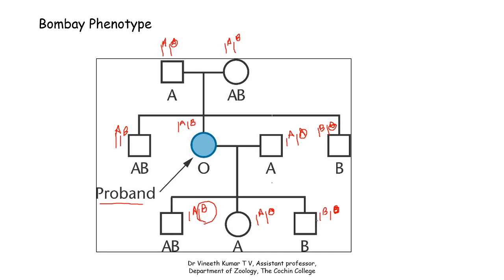Because she was typed with O blood group and her husband was typed with A blood group, which was heterozygous, how did a B allele come to the family? The question was whether she had a relationship with other individuals or not, and the case was resolved in such a manner that the blood group was identified several times, and it was found that all the children belong to this particular individual.